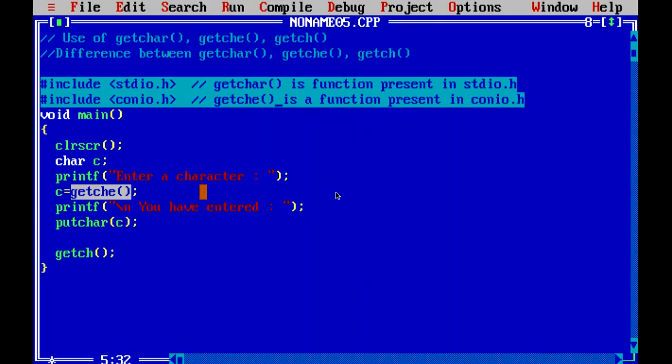Now let us start using getch. getch is a function present in conio.h. Now let me run the program.